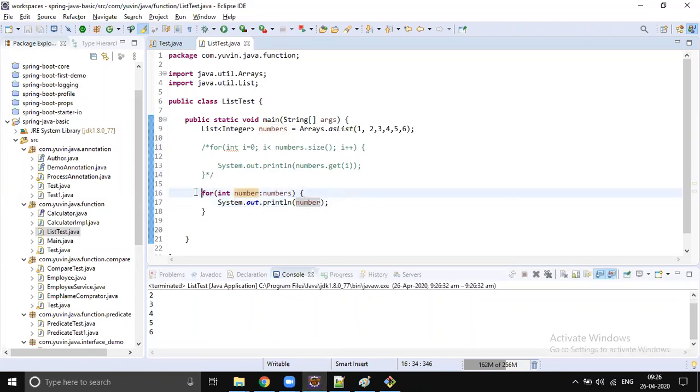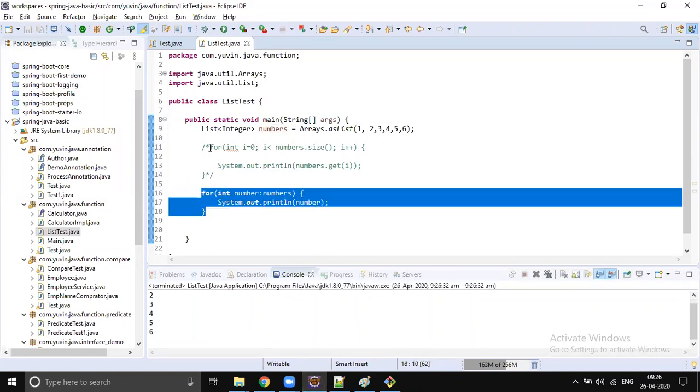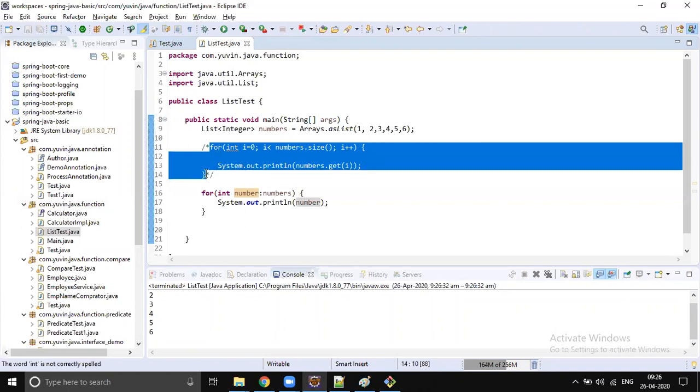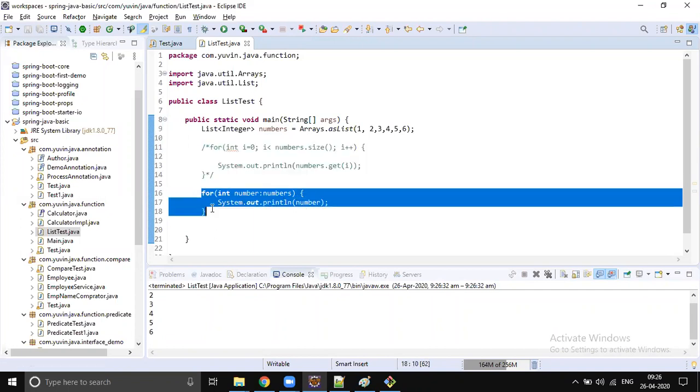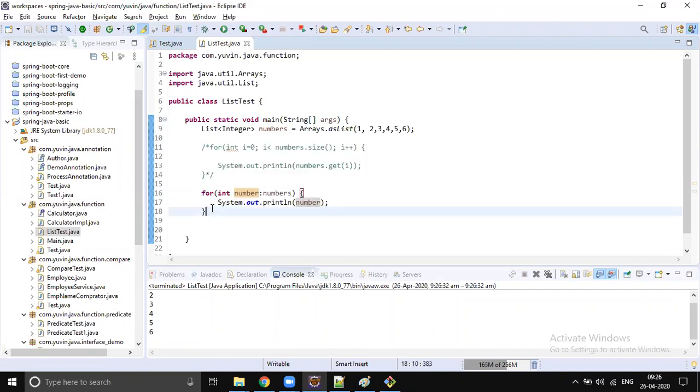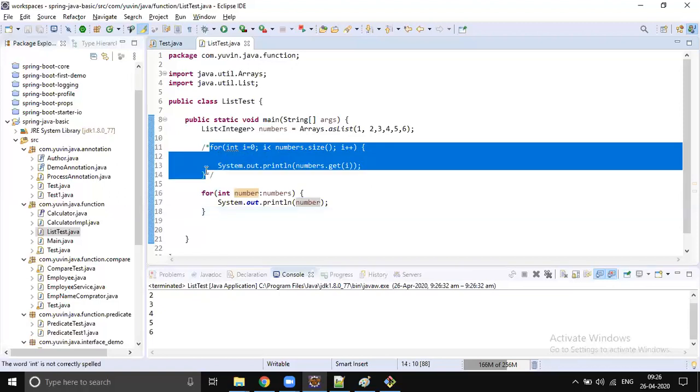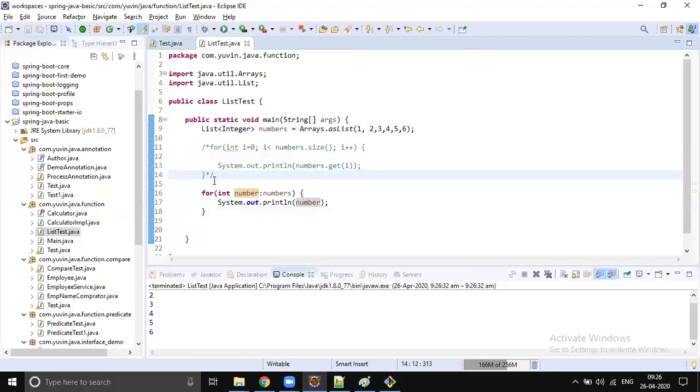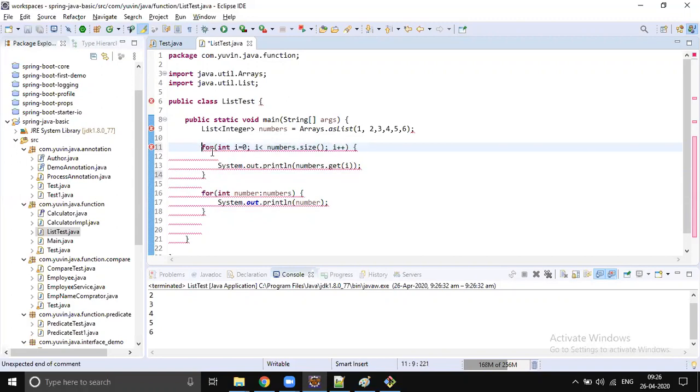So this is a JDK 1.5 feature. The first one is JDK 1.0 till 1.4, and the second one is the JDK 1.5 feature. To iterate a simple list, the first one is the most complicated version. You may feel it is easy, but you are still doing so many things inside that for loop.